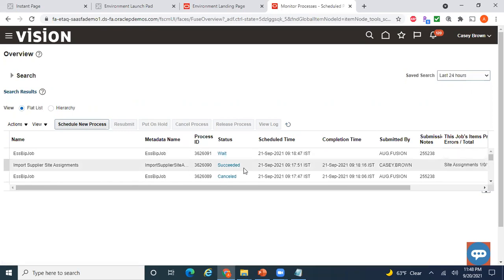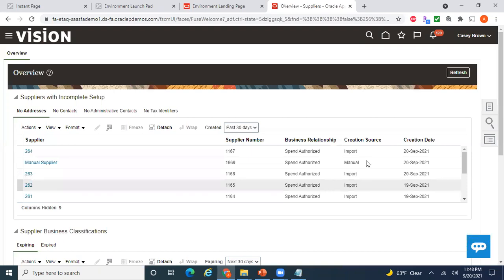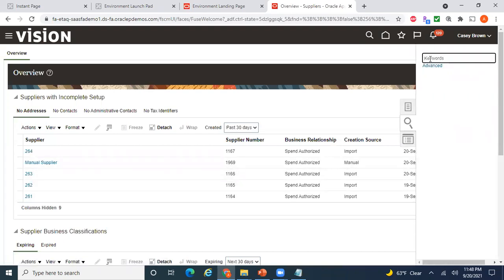Yeah, it's succeeded. If you want, we can check the output file, or we can directly search for the supplier ABC ARV Limited and check the supplier site assignments.